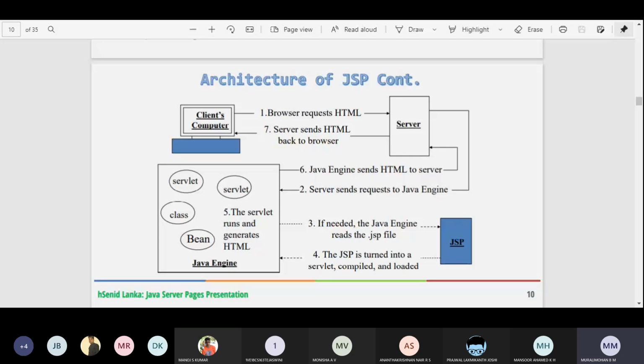It will read this and compile it, and the JSP is turned into a servlet, compiled and loaded. Now the servlet runs and generates the HTML. The Java engine sends this HTML to the server, and the server sends it back to the client computer.